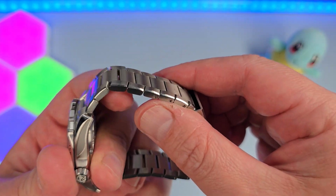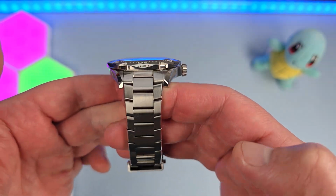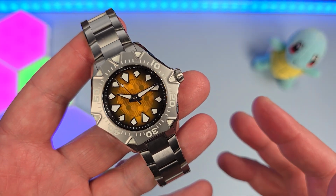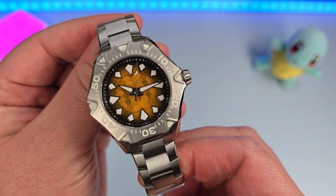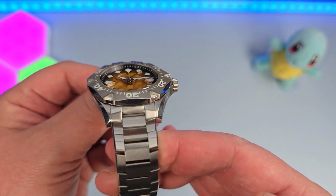I mean, the bracelet isn't overly complex, the finishing is the same throughout. The face of this watch has quite a bit happening on it, so perhaps keeping the bracelet in the same finish as opposed to one with, say, I don't know, polished center links is probably a wise move. Plus, if anything else, a, dare I say, plain bracelet really keeps the focus on that fantastic complex dial and